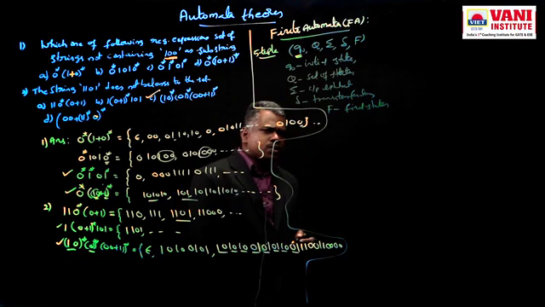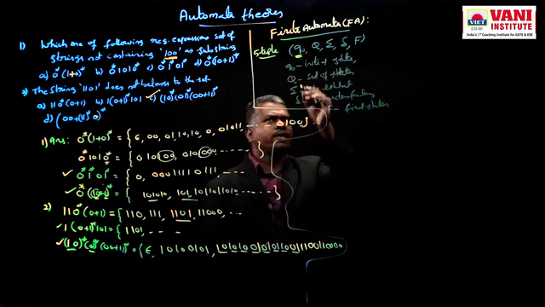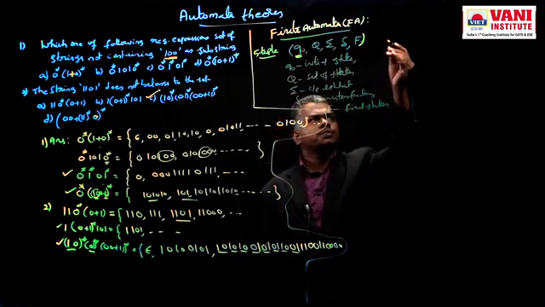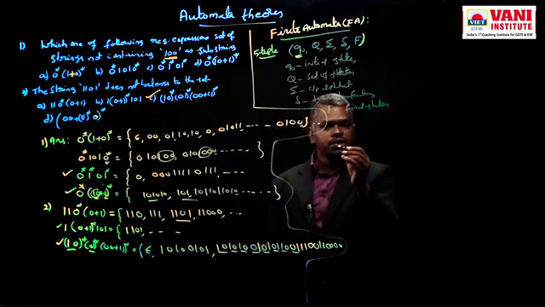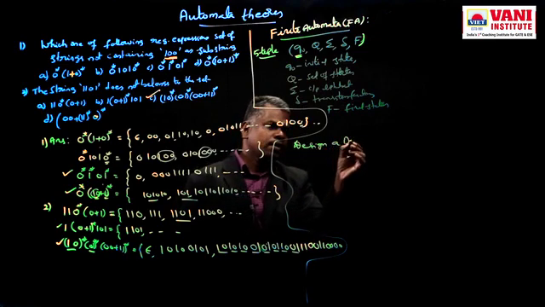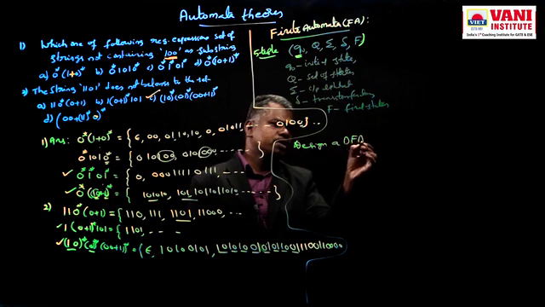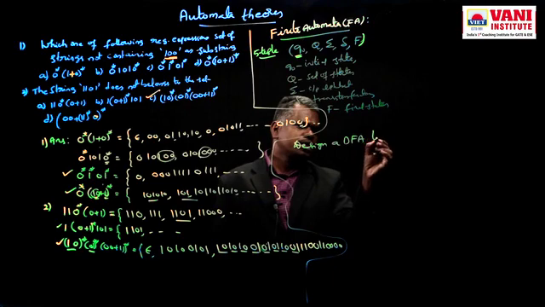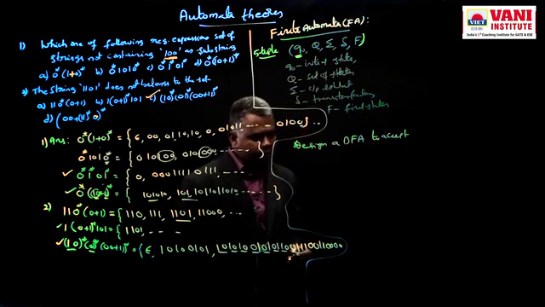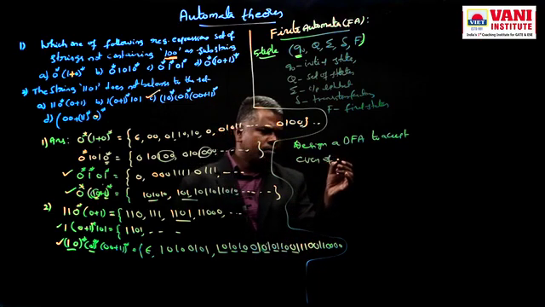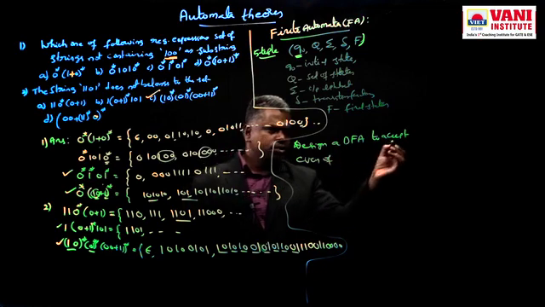For example, suppose your question is: design a finite automata to accept strings. Automata are of 2 types, DFA and NFA, and we will discuss the difference also. Design a DFA, where D stands for deterministic finite automata, to accept strings that have